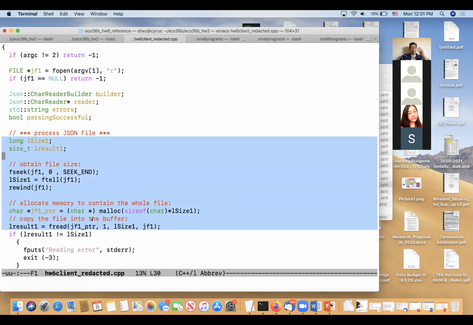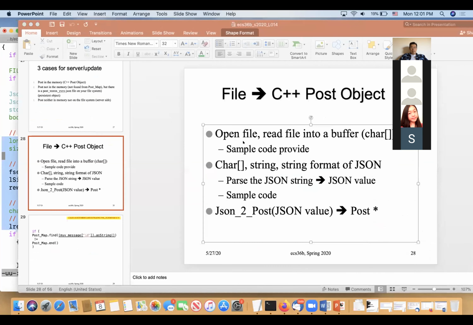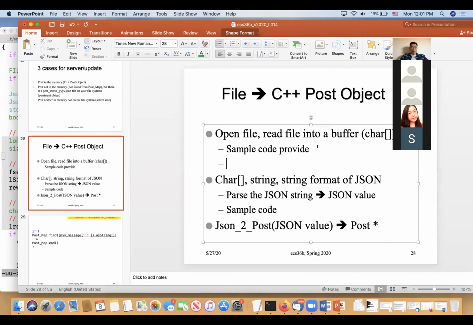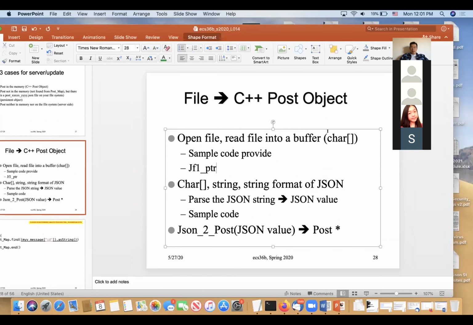That's the file I'm actually talking about. So if I look at my slide, this one, the result is going to put jf1ptr. That's the character pointer. Okay, and now we're going to move to the next step,